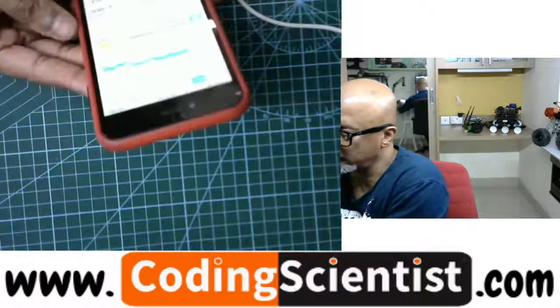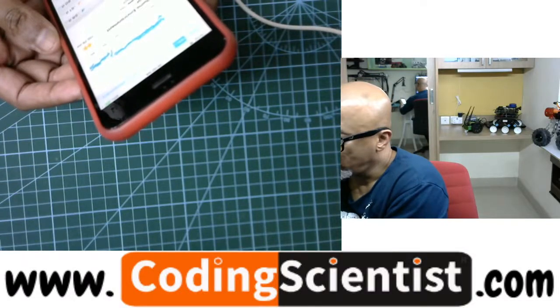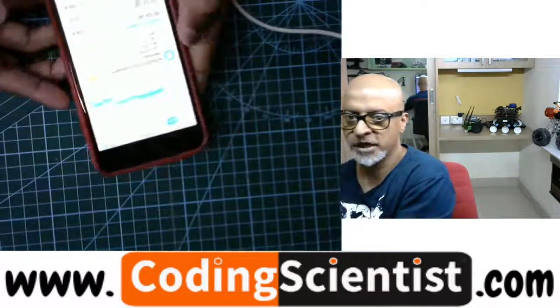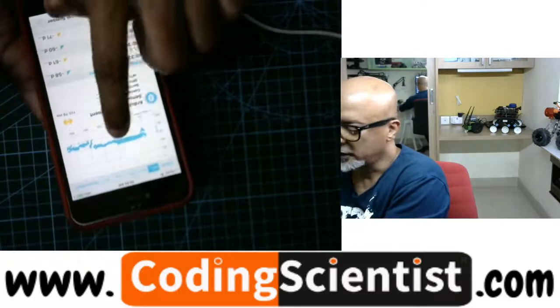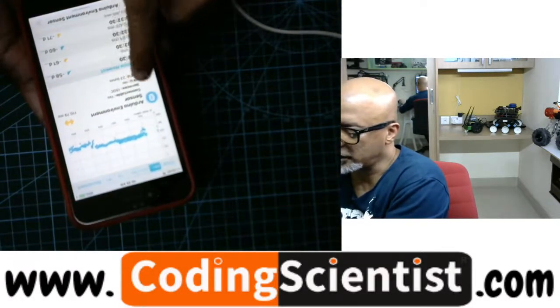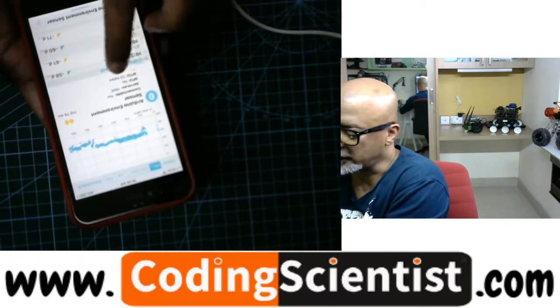Now I can see the real time data. Alright, there is real time data being populated. If you can see on the mobile, can you see the graph? It's fetching all the sensor information. I just named the device service as 180C.